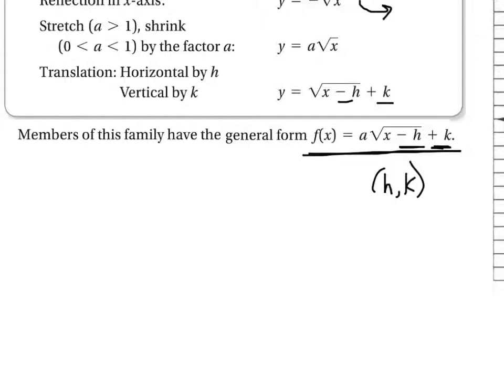But what we can do is have a tell us whether or not we're opening up or down. That's what a does for us. And that's what a did for us in absolute values as well. It also happened to be the slope of that right side. But right now, all a does is tell us if we're opening up or down. And please remember that if a is positive,